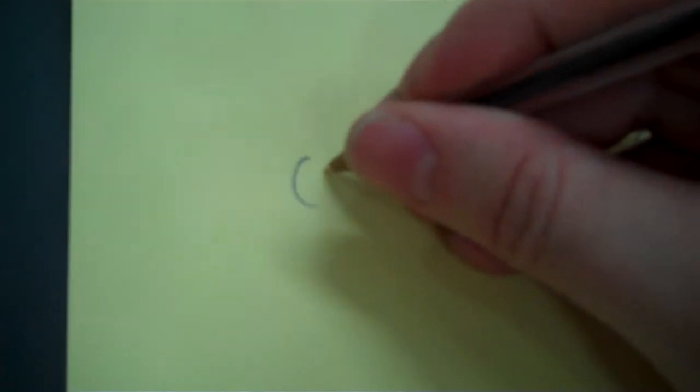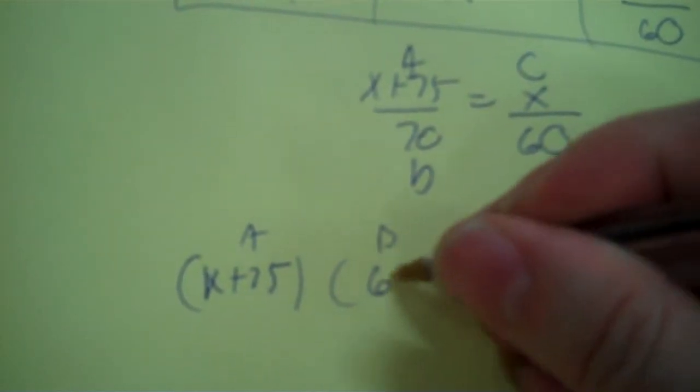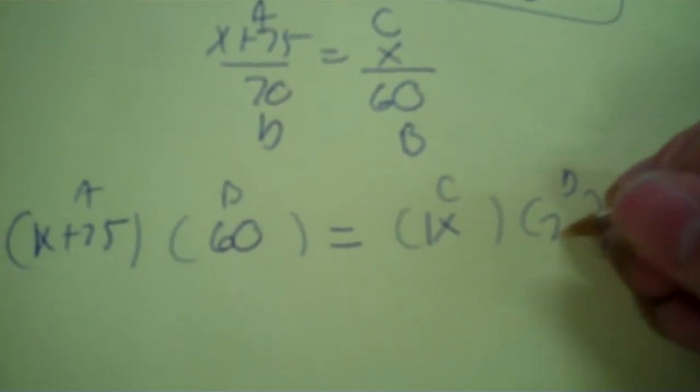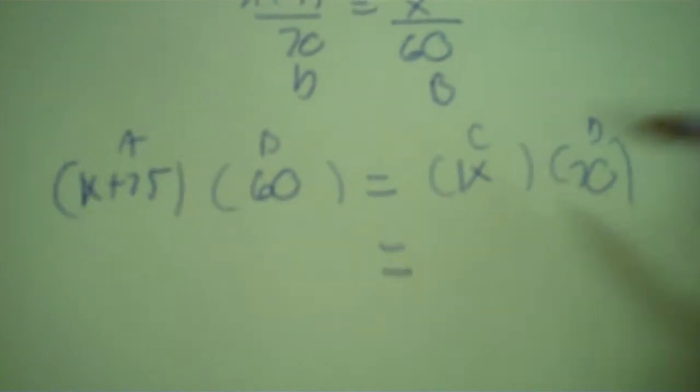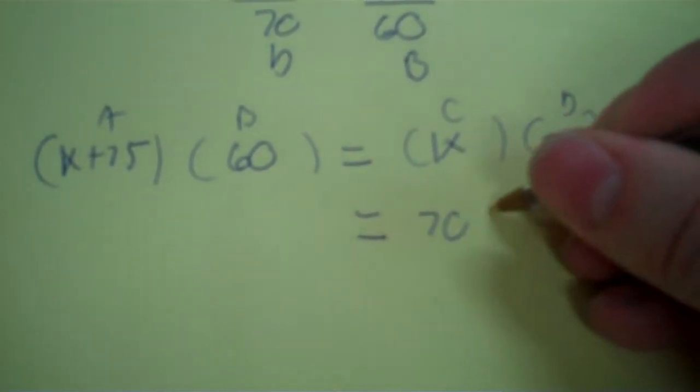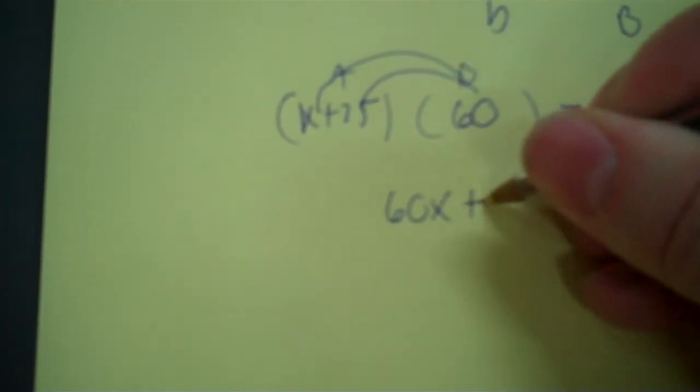So A is X plus 75, put a 1 in front of the X. B is 60. C is X, put a 1 in front of the X. D is 70. Over here is easy. You already have a 1. 1X times 70, 70X. The other side you have to distribute your 60. Okay? So 60 times 1X is 60X, and 60 times 75,